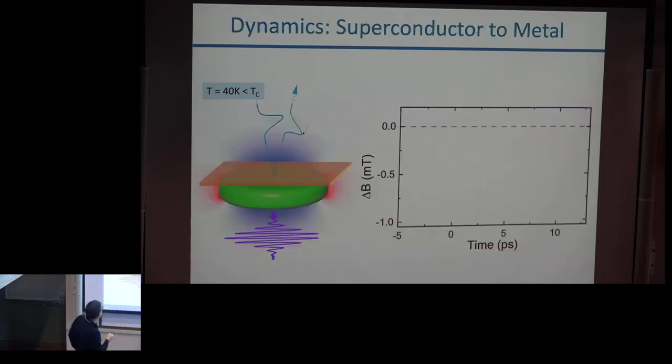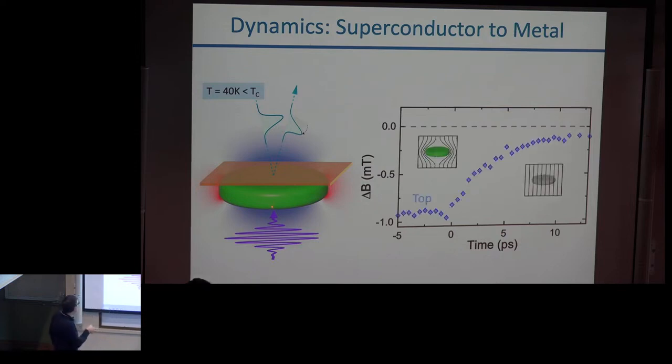And now we start below TC, remember. I have high field on the outside and 0 field on the inside. So now I pump here and probe in the center, and you see that the field goes from being completely screened to being sort of completely let through. And now if I go on the outside, on the edge, where the field is higher than the applied field,